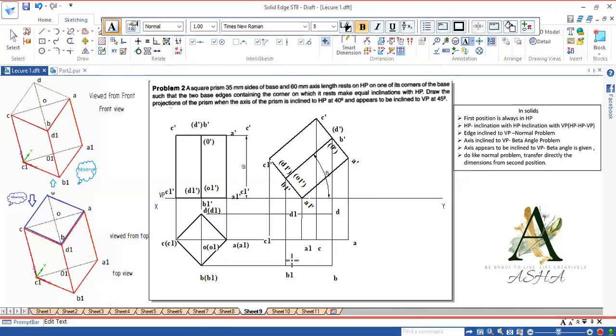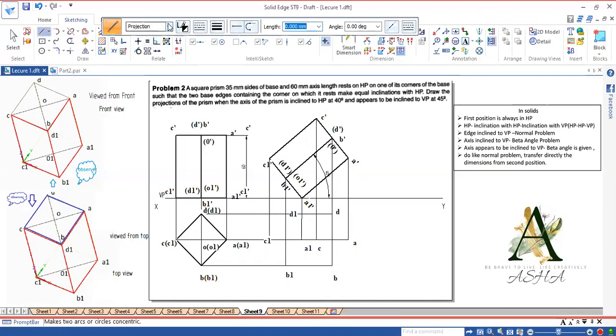So how to draw the visible and the hidden lines? Go for line option, take the visible. First connect all the boundary points through visible line. So connect all the outer boundary points through visible line.